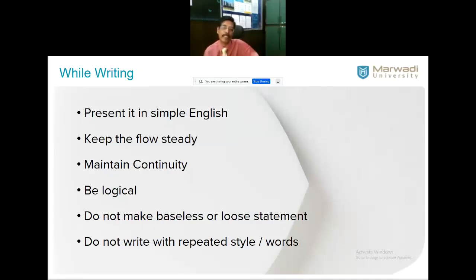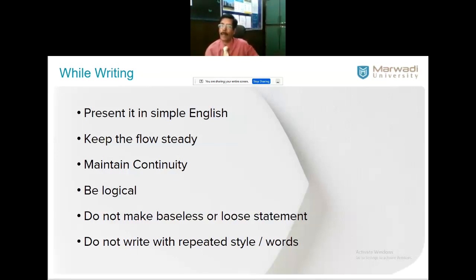Present it in simple English, that's very important, because we are going to address a variety of people, scientists, or people of other countries. Not all of them are uniformly skilled in English, right? So don't use words which are quite threatening in nature and not frequently used, just to show that your work is much ahead of others. Your work is not identified by the English you use. But of course, you're not supposed to commit grammatical or spelling errors. That is understood. Otherwise it gives a very poor picture of your work. English should be proper, error free.